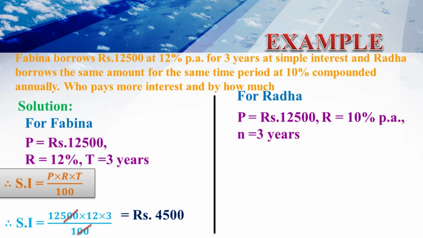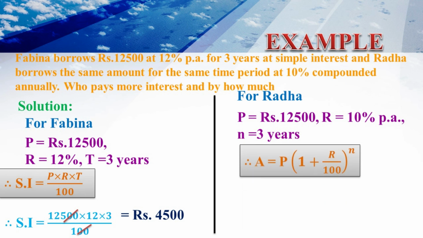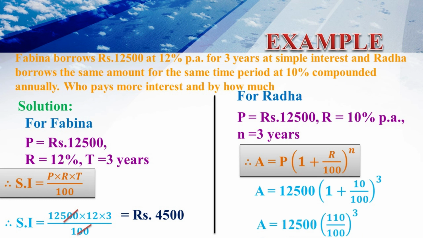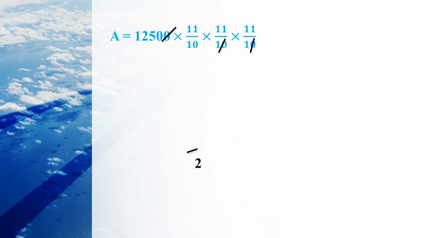P is rupees 12,500 and R is 10% per annum. The N is 3 years. First we should write the amount formula. Amount is P into (1 plus R by 100) to the power N. Next substituting the given values: 12,500 into (1 plus 10 by 100) to the power 3. Taking LCM, 12,500 into (110 divided by 100) to the power 3. Now cancelling by the common factor. The product of 25 into 11 into 11 into 11 is equal to rupees